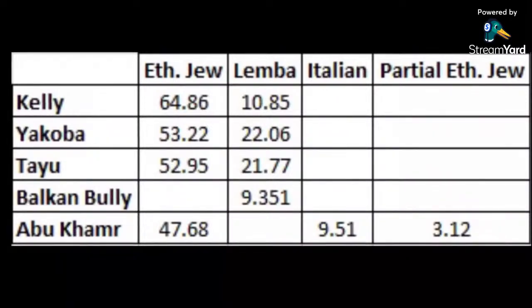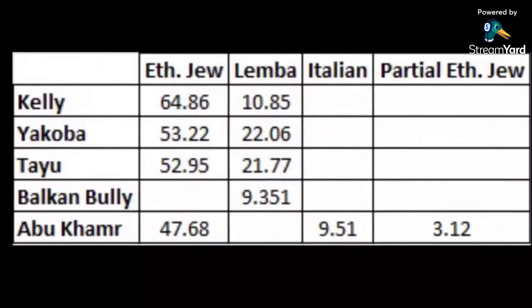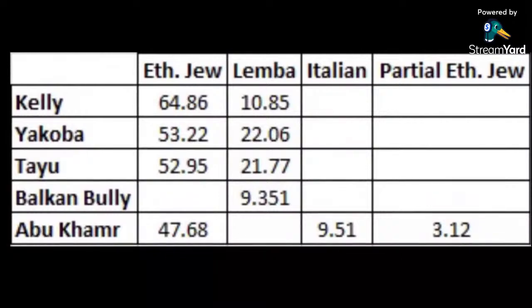So when looking at the Lemba column, note that the Balkan bully, who was mocked as an Edomite by the Teotw twins, has a distance for Lemba which is half that of what the Teotw twins showed. So he's apparently twice as likely as them to have an actual connection to the Lemba. Isn't that interesting? Now compare my Italian result to the distances in the Lemba column. As I just touched on, I don't actually have any Italian ancestry, but I'm slightly more likely to be Italian than Kelly is to be Lemba. So too, the probability of me actually being Italian is twice as high as the chances of the Teotw twins actually being Lemba, even though I don't have any Italian ancestry.